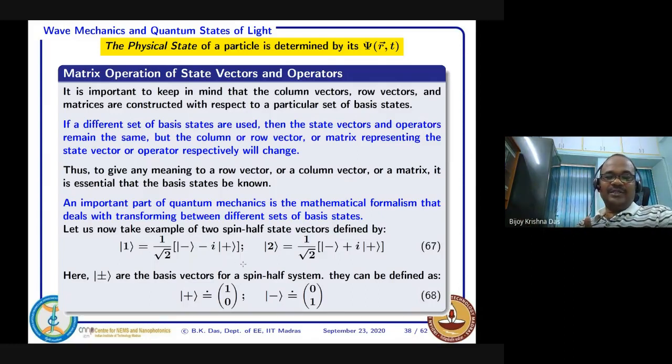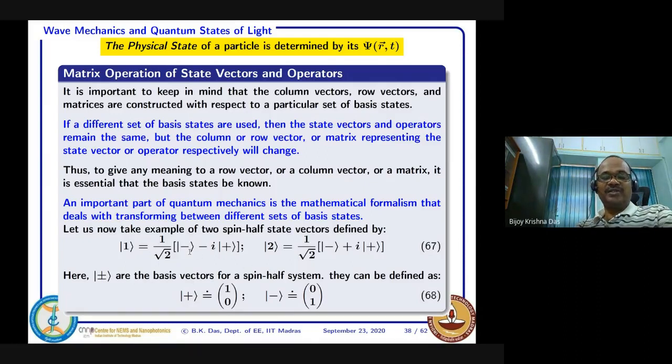You can imagine that if this is a number and this is a number and you are putting i, say a real axis and an imaginary axis, and then if you compare these two, they have a certain angle, and you can decompose their components, also in the imaginary axis. So imaginary axis this one, and real axis this one, with 1 by root 2 there. Here also the imaginary axis is this one and the real one. Then you can say that they are two different vectors with the basis of -1 and +1.